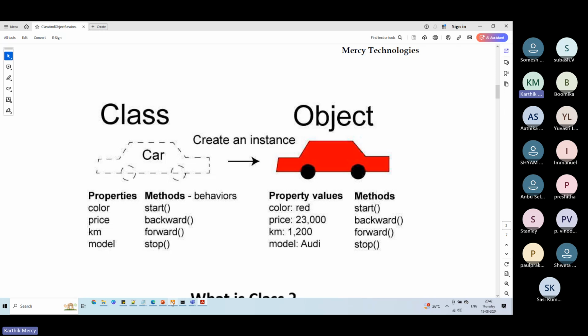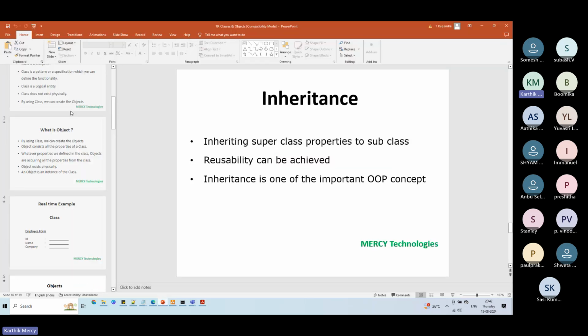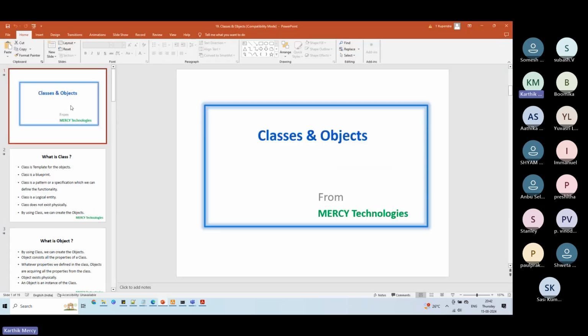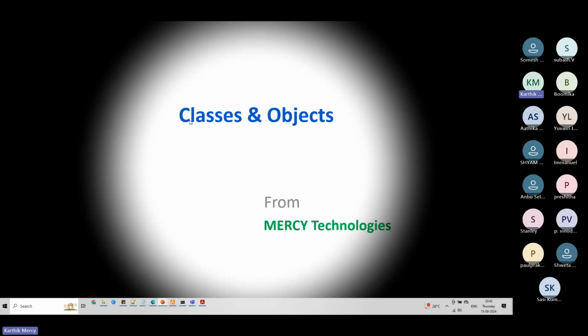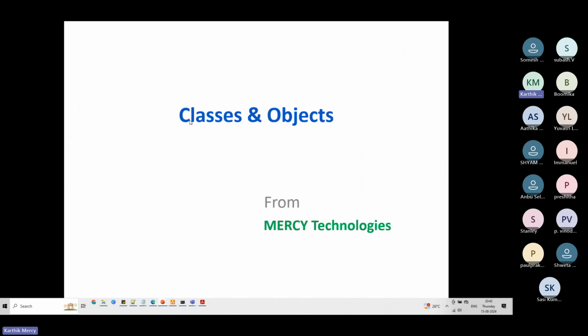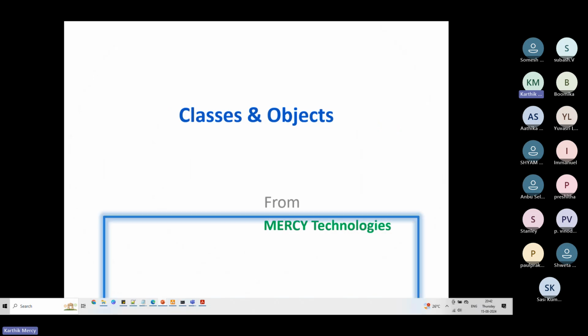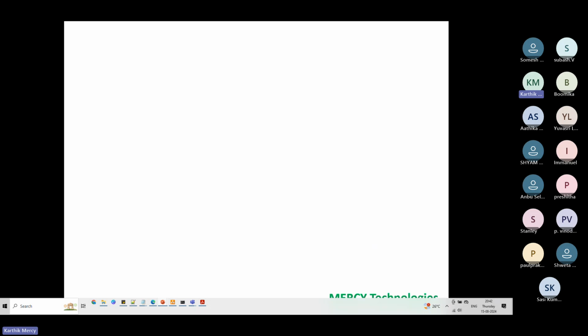So I'd like to quickly tell you a few things about class and object. Let me quickly go over an overview of whatever we are going to learn today. First thing is, what is a class? As I told you, a class is something that can be written on a piece of paper. And if that class gets constructed, converted, then that becomes an object. So let's see the official definitions of class. These are a few definitions of class.